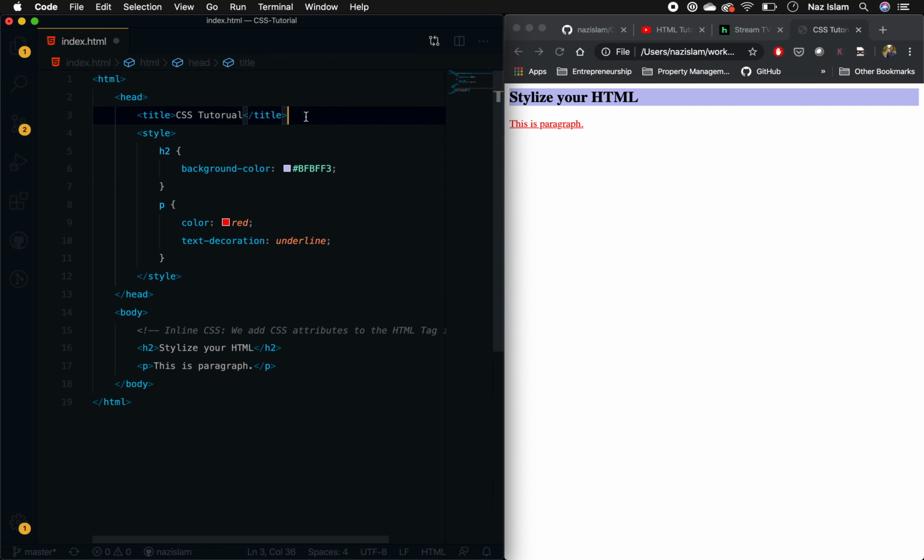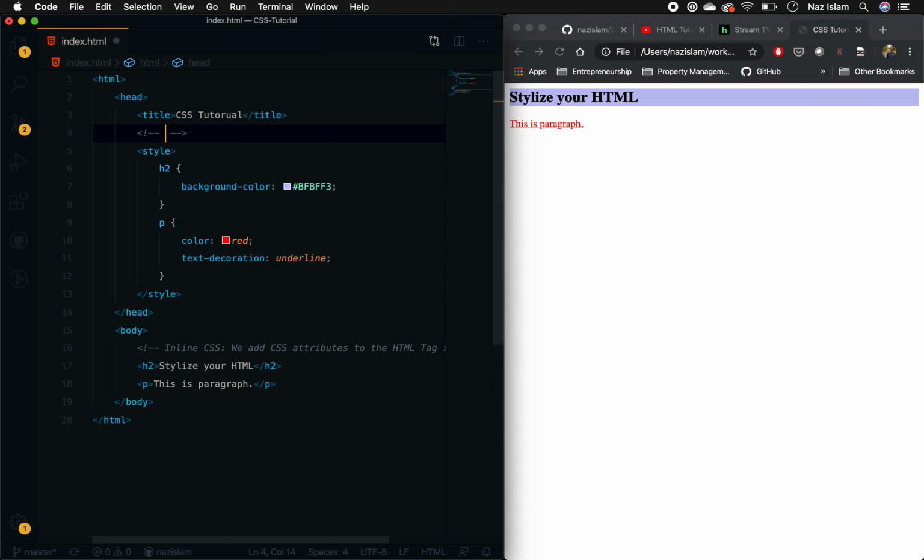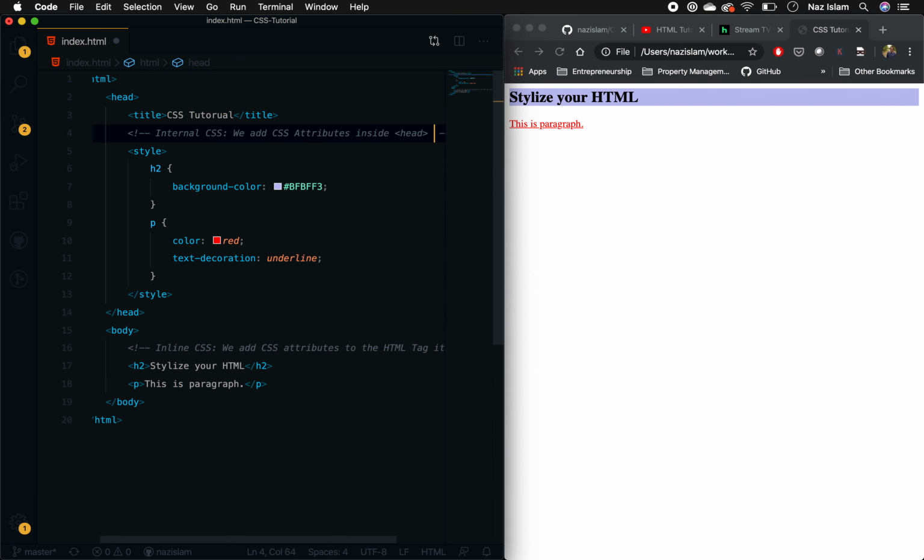So what we'll be doing is that I add a comment here: internal CSS, we add CSS attributes inside head tag,